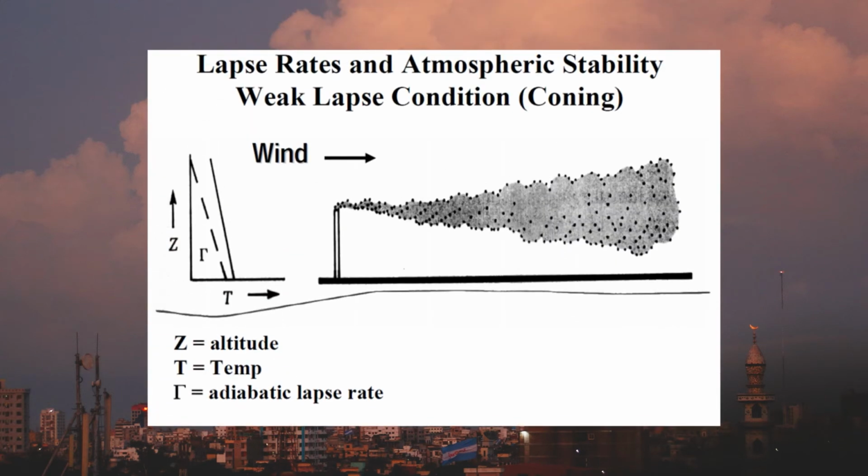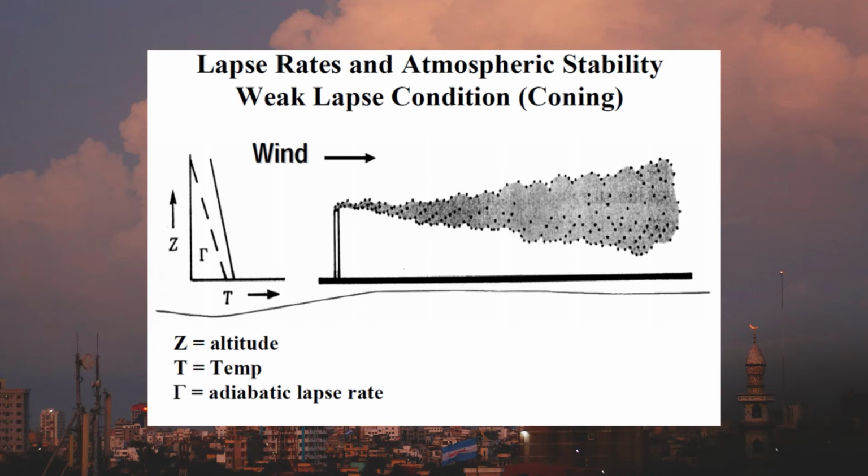And this is how the plume behaves based on the lapse rate, that is the adiabatic lapse rate and the environmental lapse rate. R is the environmental lapse rate, and the vertical movement of the plume is affected by the lapse rates. And there is a dry adiabatic lapse rate and a wet adiabatic lapse rate. And if there is an inversion in temperature, these lapse rates are highly affected, and it determines the movement